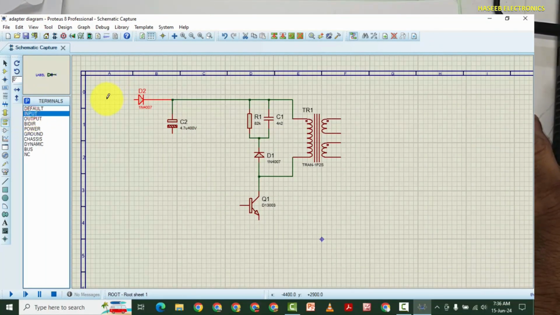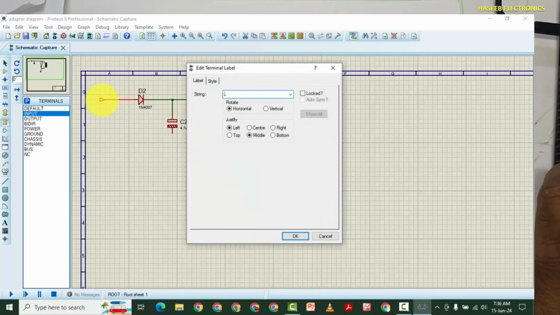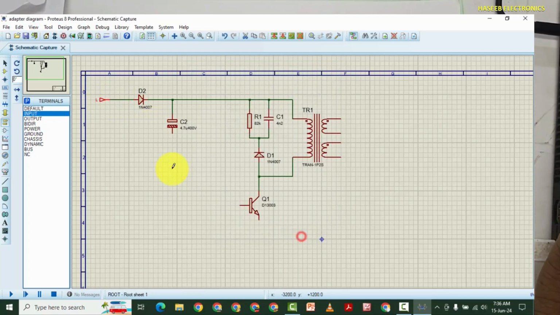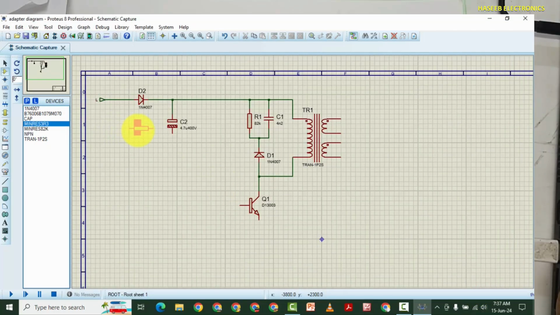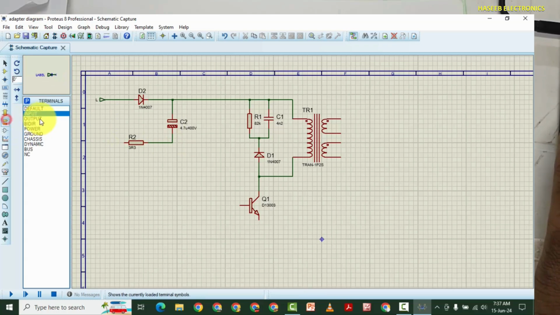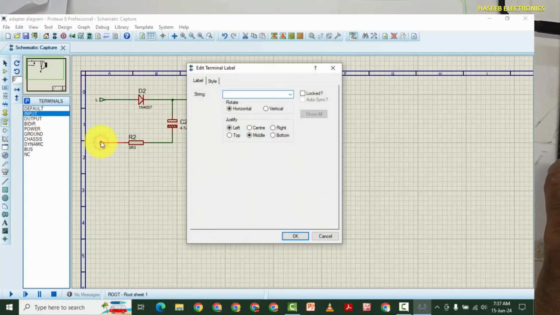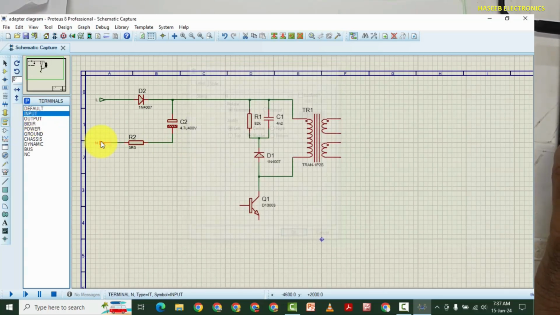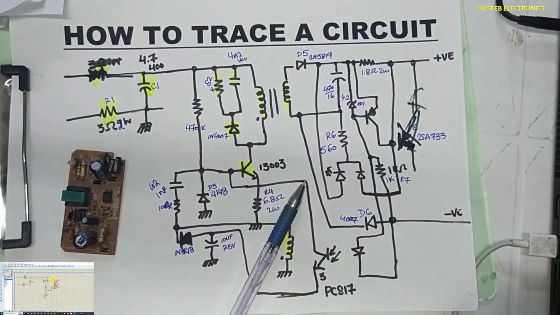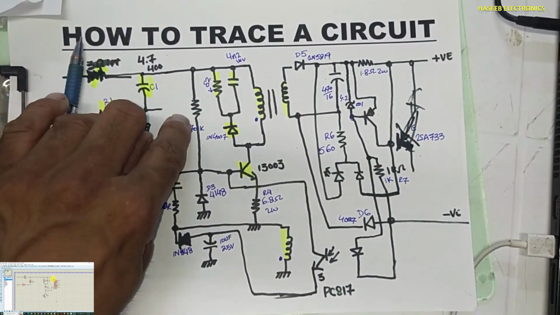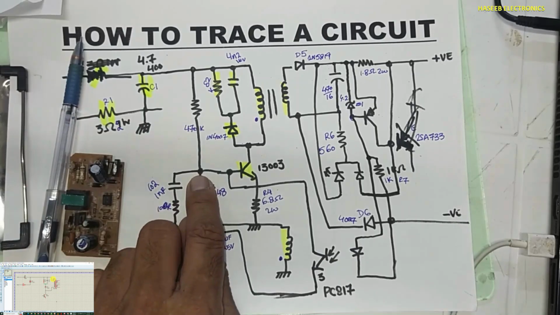Input terminal, name it line. Fuse resistor. Input terminal, name it neutral. Done. This is okay. We need a 470K resistor at the base.